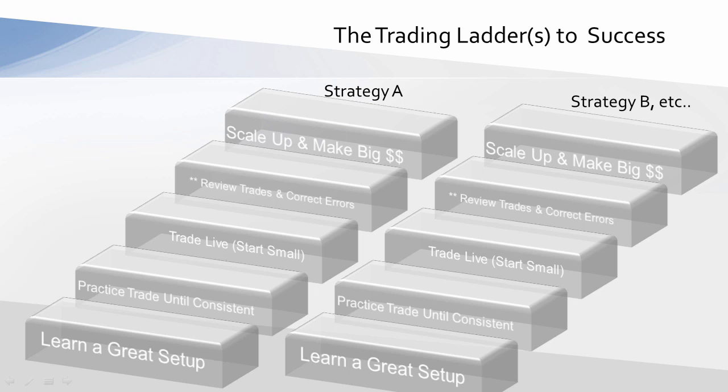Okay, so each strategy may be better for different market conditions. You might be in a market where bull flag patterns, for instance, which are very strong momentum patterns where the stock is moving very quickly over a number of days and weeks, work very well. In other conditions, shorting will work well. Very good short strategies will work well, along with maybe some rounding bottom patterns or maybe small double bottom patterns